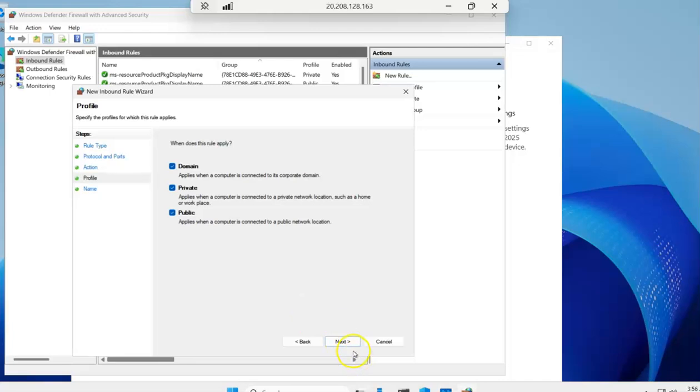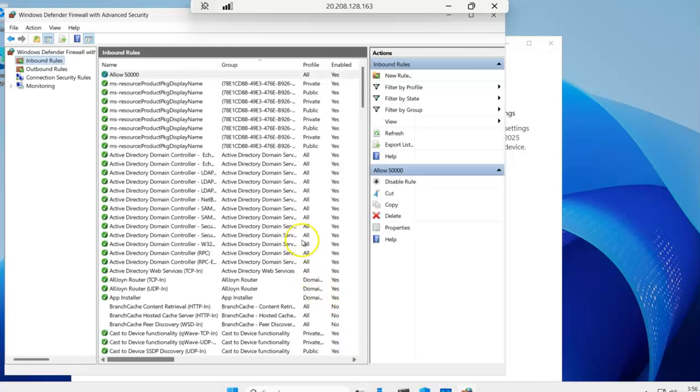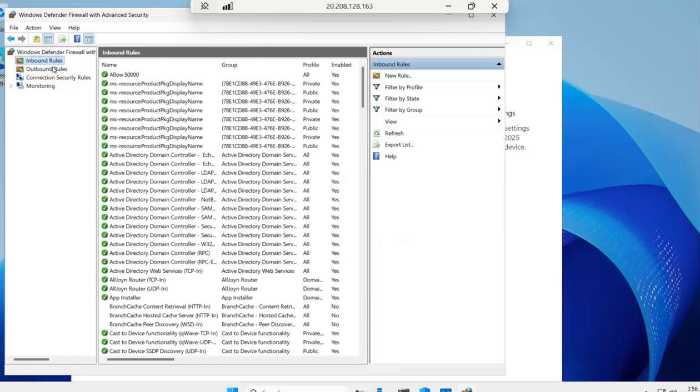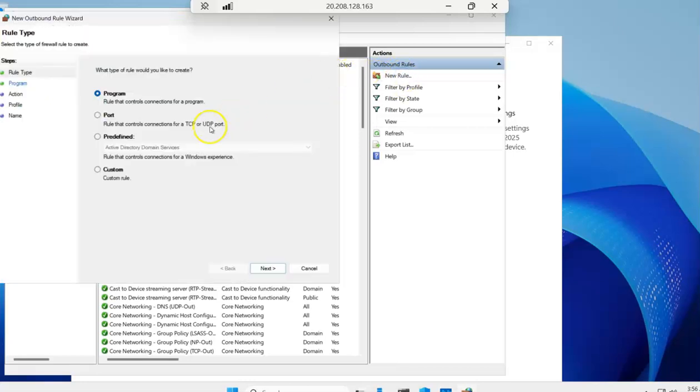Domain, private and public. And I'm going to name it allow 50,000. I'm not gonna add a description, and those are my inbound rules. So I'm going to go ahead and do the same thing for outbound